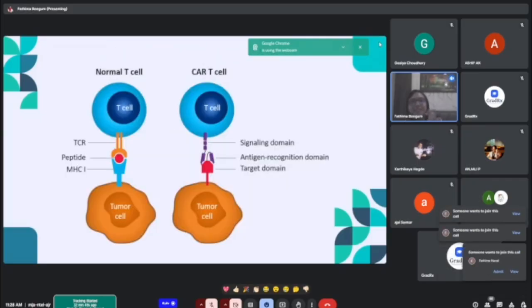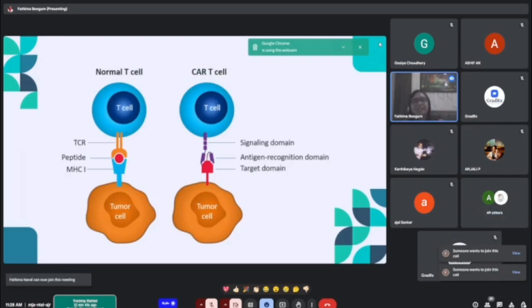You can see the normal T cell, the mechanism of action is always MHC1 and MHC2. Major histocompatibility complex is activated and the destruction of tumor cells will be taking place. MHC is present on the surface of the tumor cells, with the antigen presented on the surface. So what are our CAR T cells doing? They are acting in an MHC independent manner,